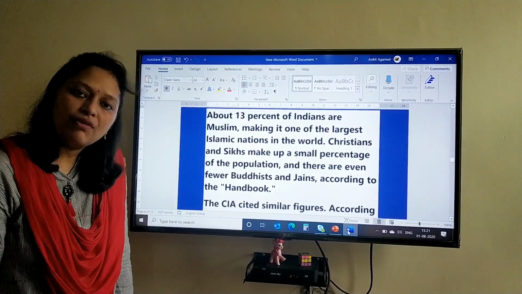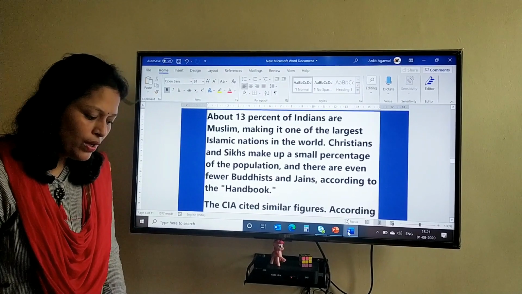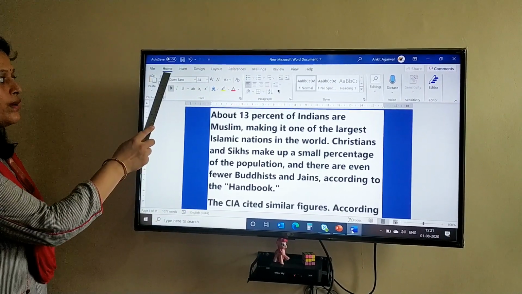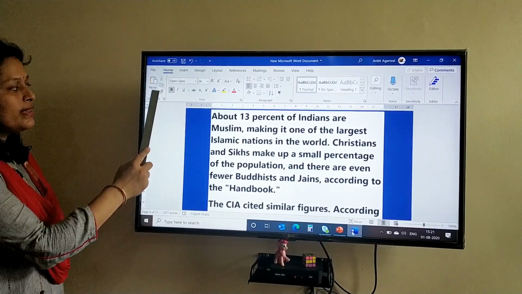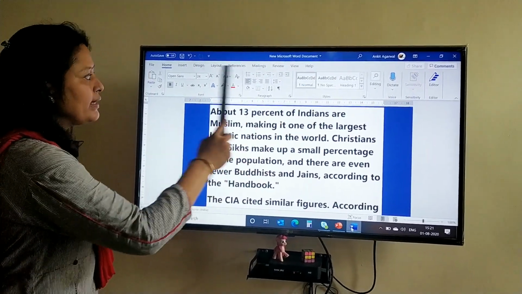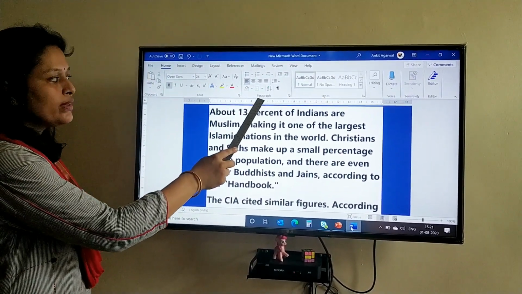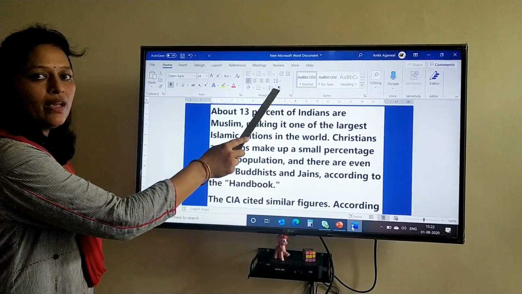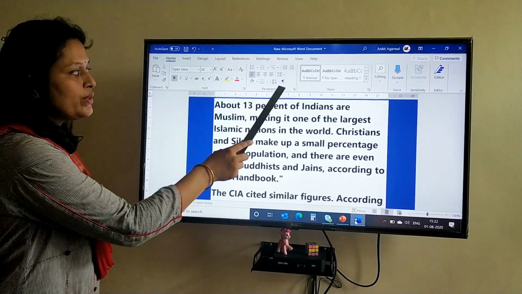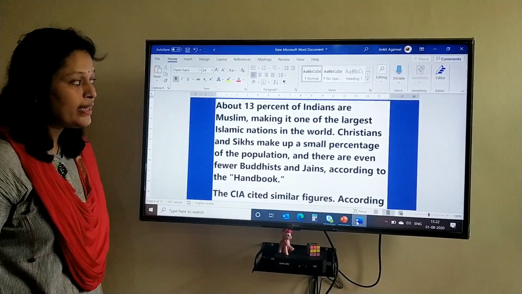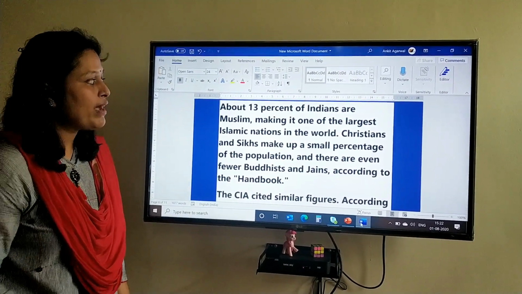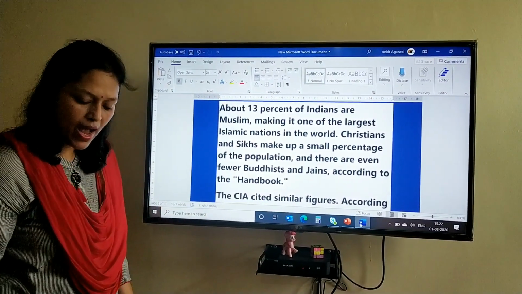Now this is the Word document in front of you. So first you need to click on the Home tab. Then you want to find the Paragraph group. There are various groups under this tab. So you need to click on the Paragraph group, this button. Okay. What you have to do is click on the Home tab, and there you need to click this Show/Hide button in the Paragraph group. Okay. Let's see what happens if I click on this Show/Hide button.